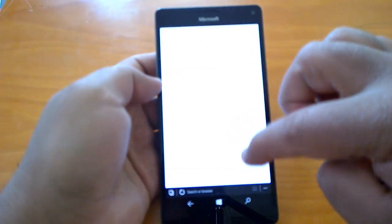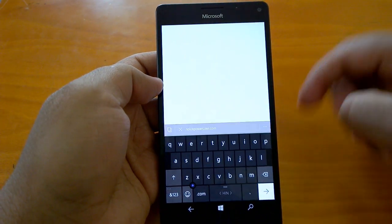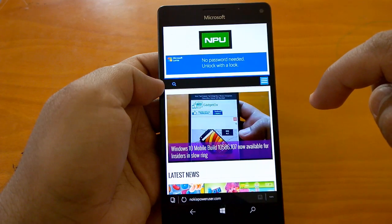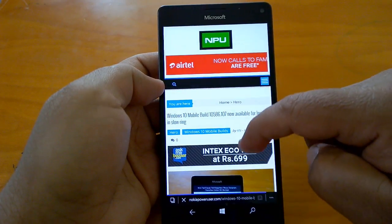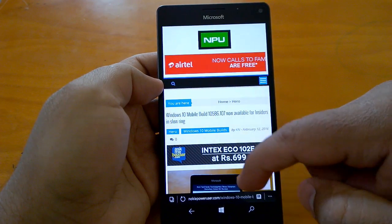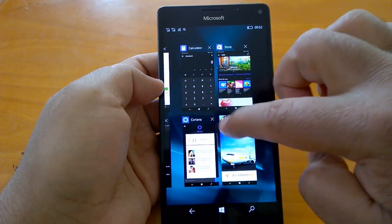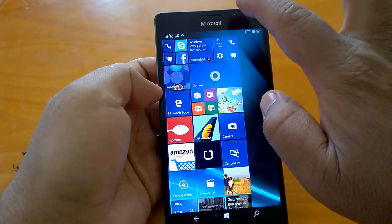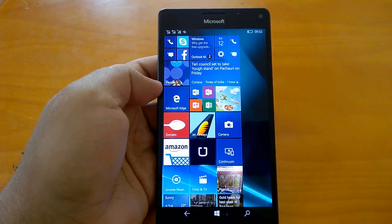We will just open the site on this again. Let's see how fast it goes, and you can actually feel the difference. It's really very fast here. The pages load up instantaneously. Okay, so that shows you how the latest build 10586.107 works on three devices: Lumia 525, Lumia 640 XL,